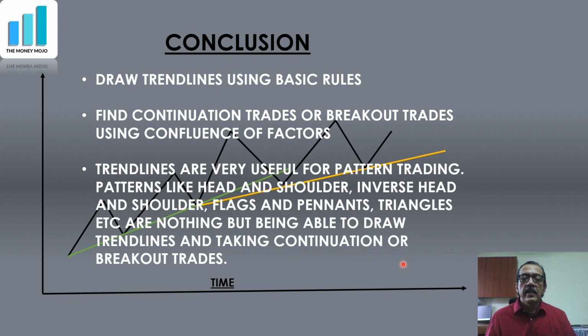So all these things are nothing else but trend lines, but then we name them so that we can say, okay, this is a head and shoulder, this is an inverse head and shoulder, these are flags, these are pennants. So we will do all of that in the coming weeks. But as of now, I want you to know that this is nothing else but trend lines. If you can draw trend lines, then naming all these patterns is jargon. You can still trade it without knowing anything about head and shoulder or anything like that.